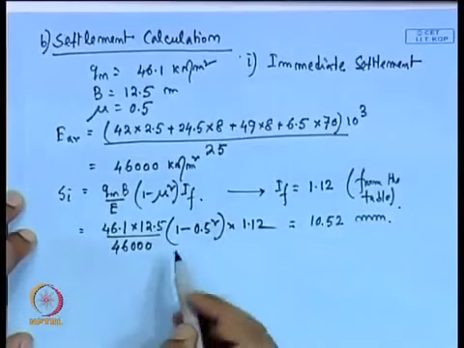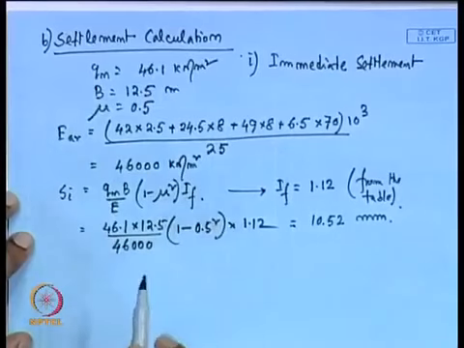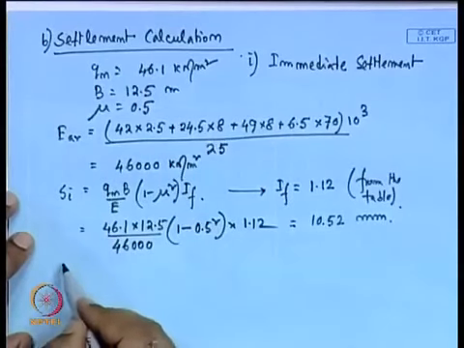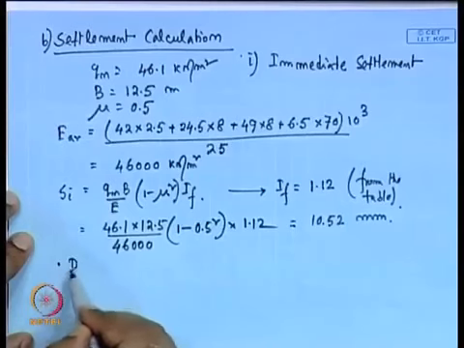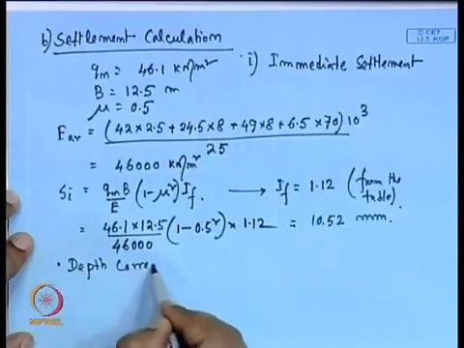Now, here this is the raft foundation. So, this is the rigid foundation. So, here we have to apply two corrections, one is rigidity correction, another is depth correction. So, first we will apply the depth correction factor,